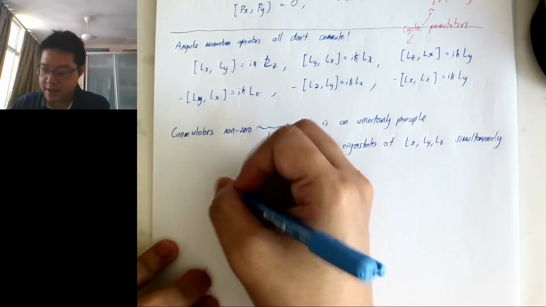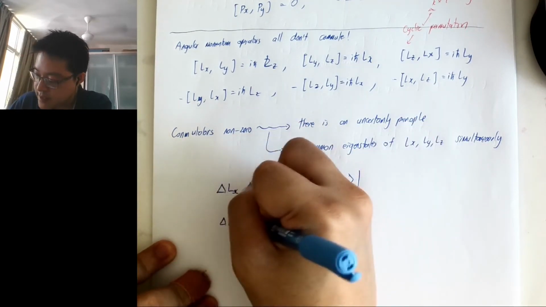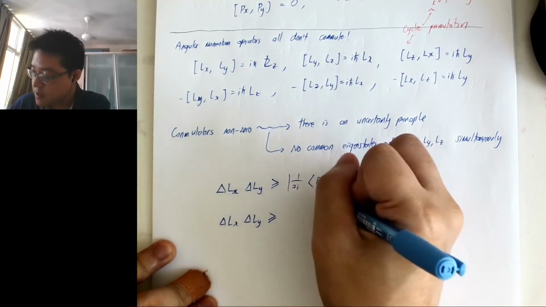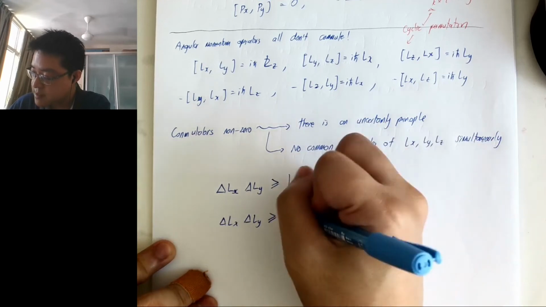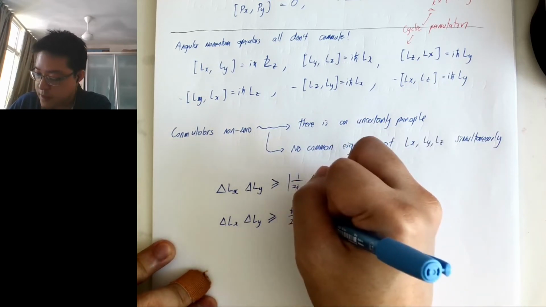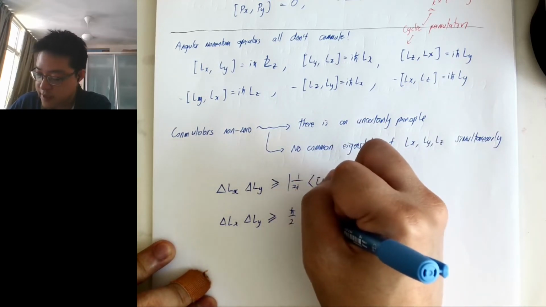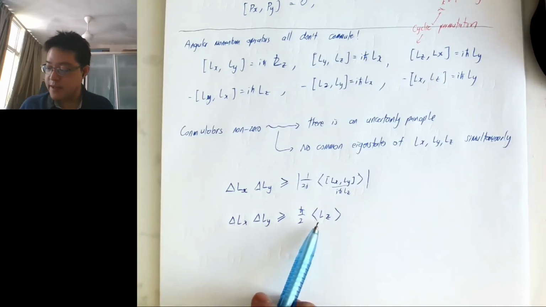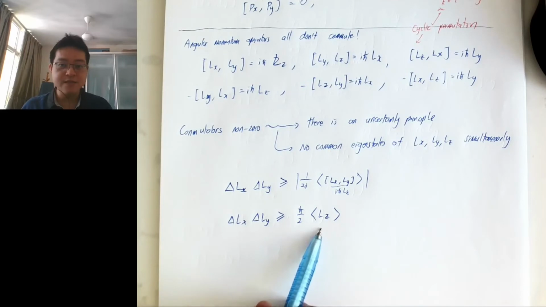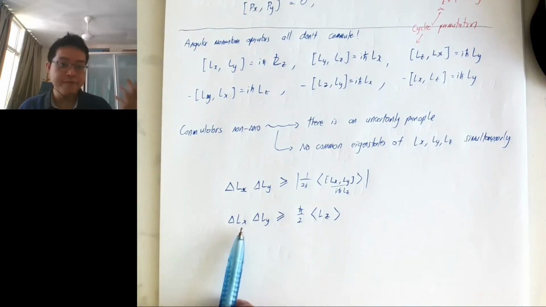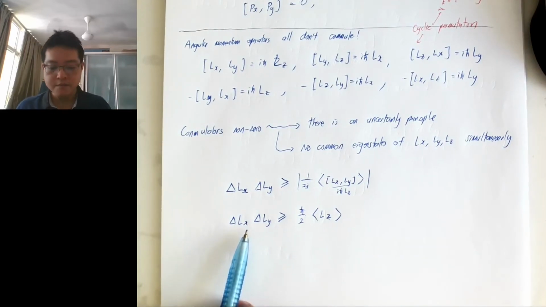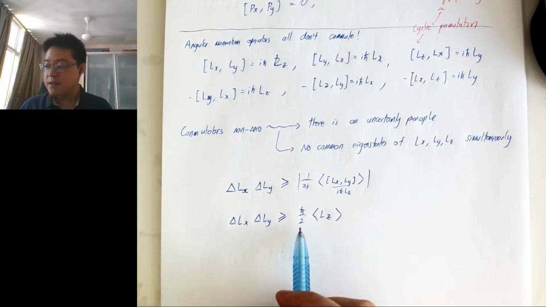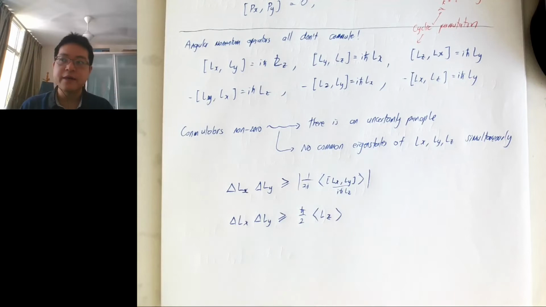So that means the uncertainty principle now depends on this, and the i and i cancel, so I got H bar over 2 times the expectation of Lz. So as long as you got this thing over here, then you will have some kind of uncertainty principle. So there's an uncertainty principle and they do not share the same eigenstate,